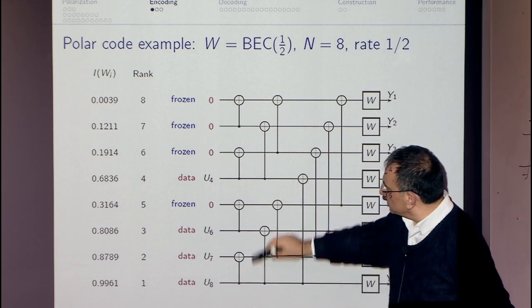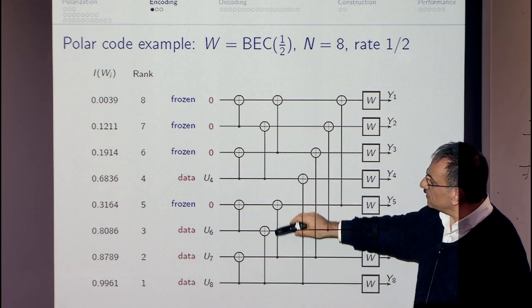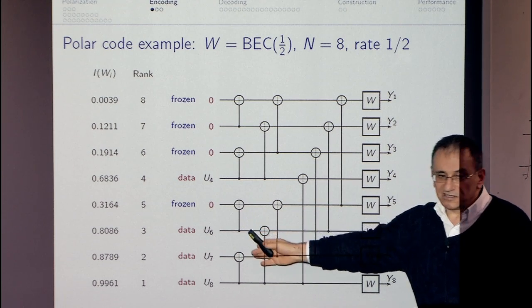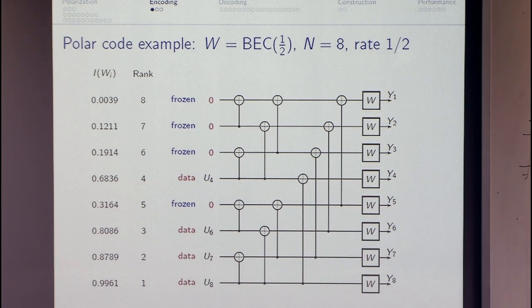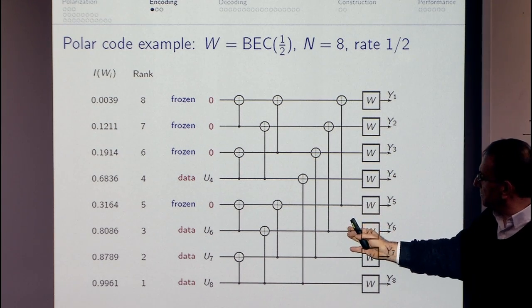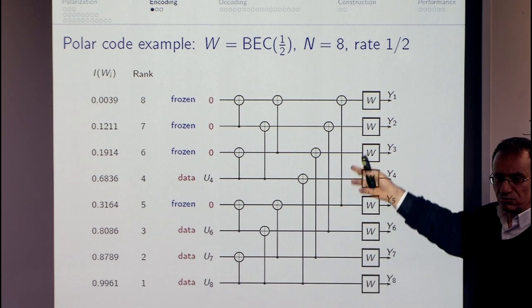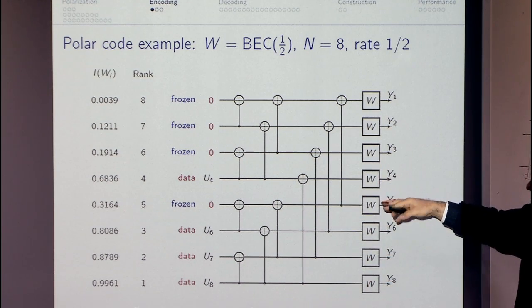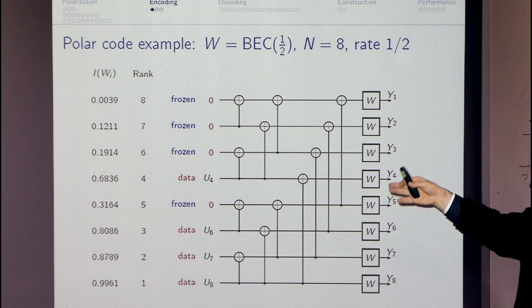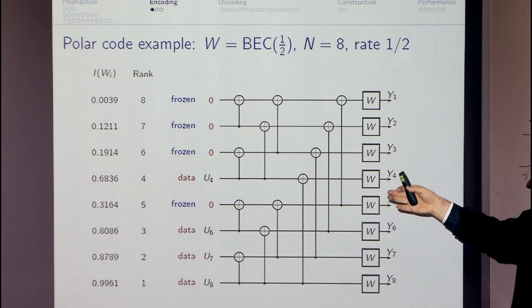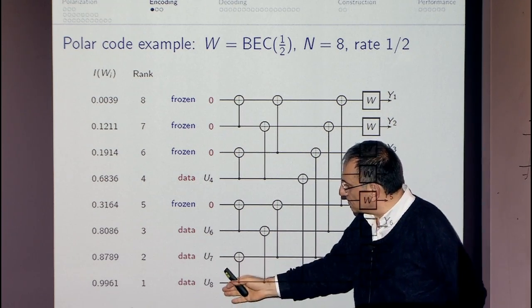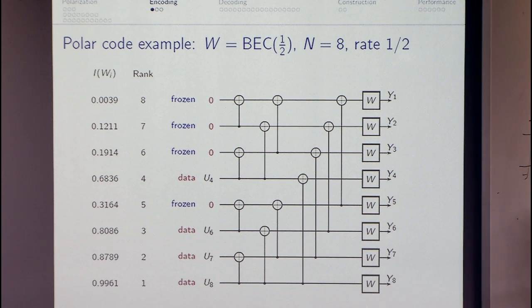We will do it stage by stage. There are log n stages here, logarithm of capital N. So for n equal to 8, in 3 time units, we'll have the encoded code word. So this is a fully parallel encoding operation. We are doing it, the parallelization here is n.